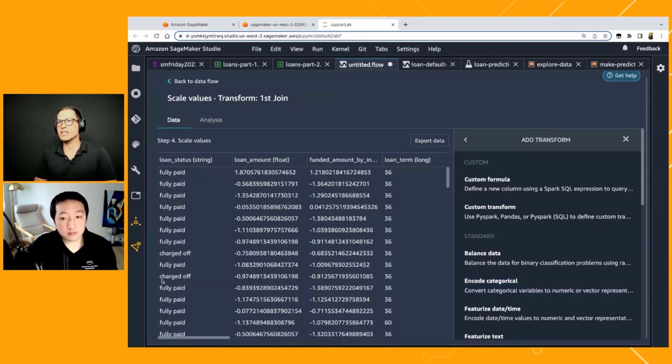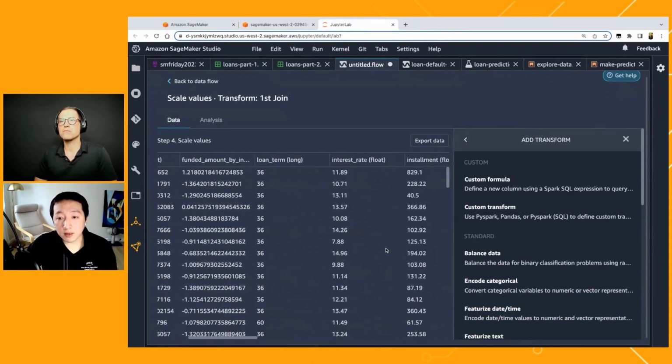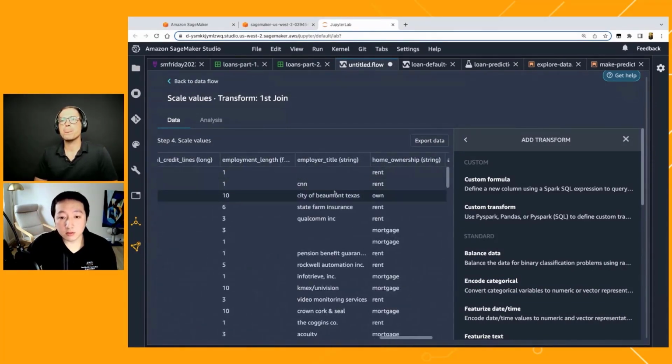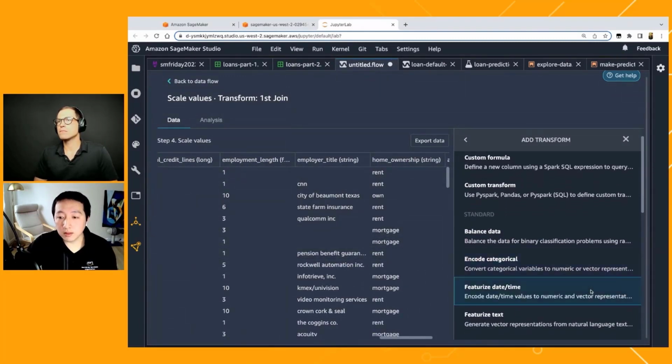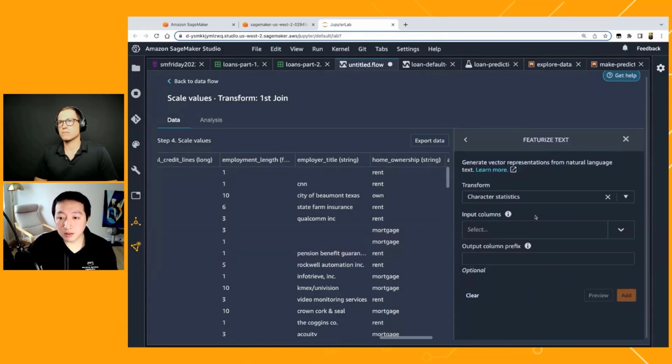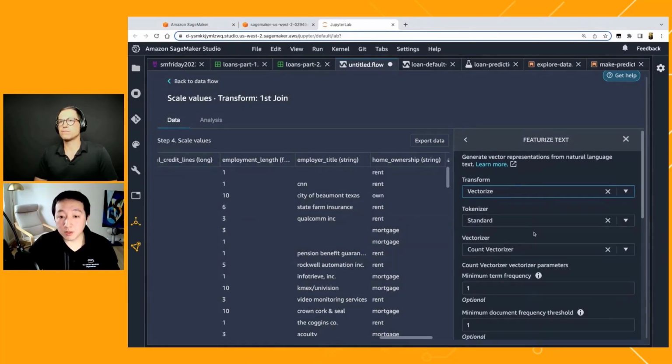Perfect. And I see you have some categorical data. What can you do with text and categorical values? Yeah, absolutely. So let's start with the text data, because we do have a column that contains freeform text, which is the employee title. So this can be a great example for us to transform the text data. For this column, let me just featurize the text, because what I'd like to do is vectorize it in a way that machine learning models can consume this freeform text better.